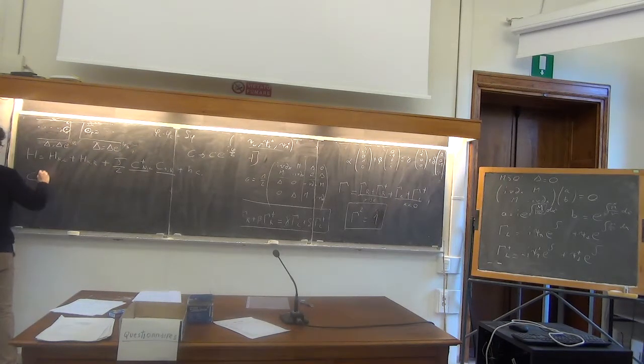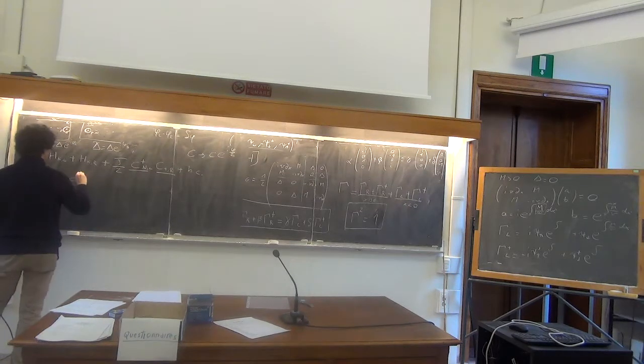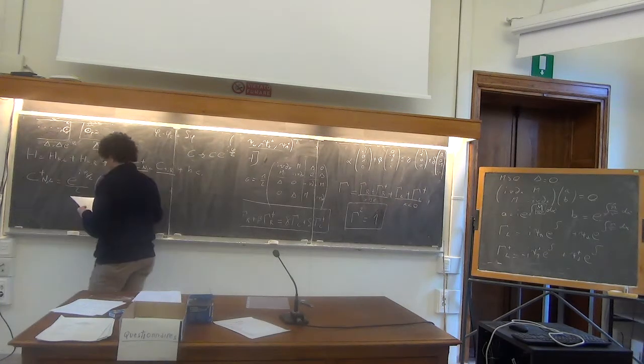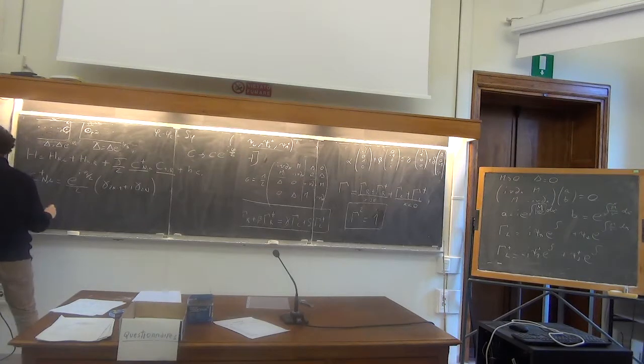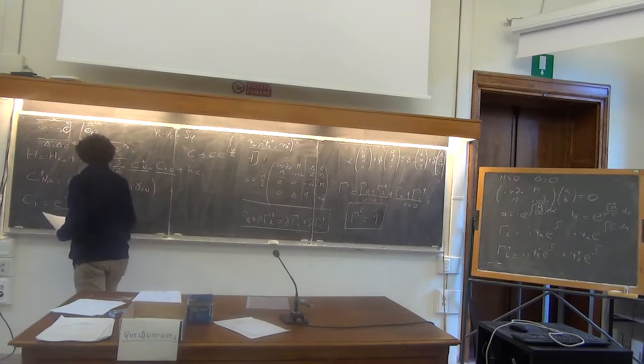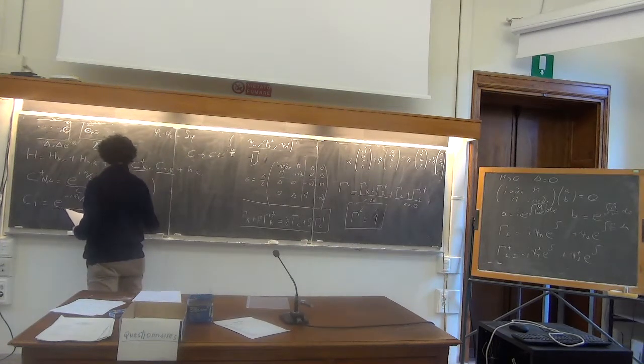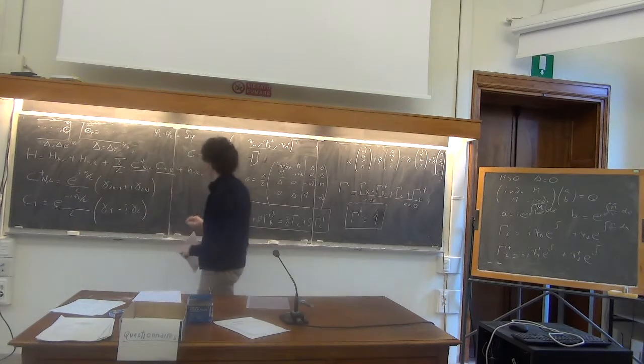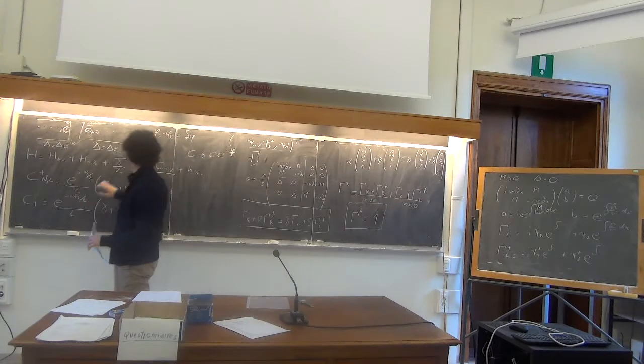Here we have that c dagger n of the left chain is equal to e to the i phi over 2, divided by 2, gamma 2n minus 1 plus i gamma 2n. And in the same way for the right one. So inside this term there appears a phase difference which goes like phi left minus phi right